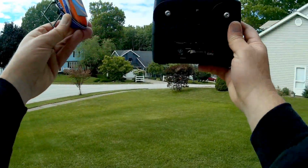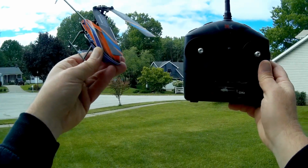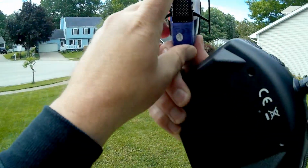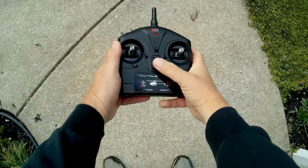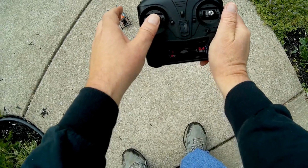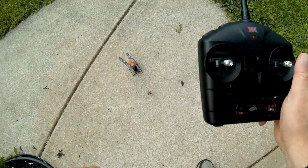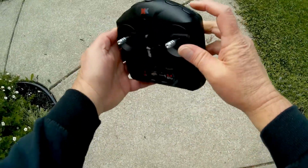Good morning, Quadcopter 101 here, and welcome to the outdoor flight test of the K127. Okay, to fire this up, all we need to do is push in the battery, and then we notice the light flashing on the helicopter. I keep saying drone, it's a helicopter. And we turn on the transmitter, lights flashing here, and we bind it by going up and down on the throttle. Now this is connected to the helicopter. Now all we need to do is press this takeoff button